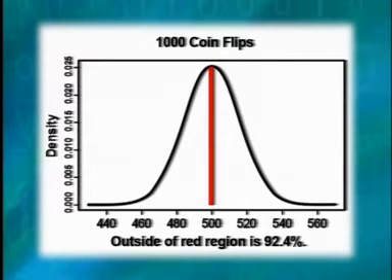Several times during these lectures, we have seen the distribution of the number of heads that would be likely to appear if you did the trial of flipping a coin 1,000 times. This is the distribution. It tells you that occasionally you would get 540 heads, but the proportion of times you'd get it would be very rare. Most of the time, you would have some number of heads in your 1,000 flips that lies somewhere in the big part of this curve. However, this very thin region in the middle here contains only a small fraction of the data, about 7.5%.